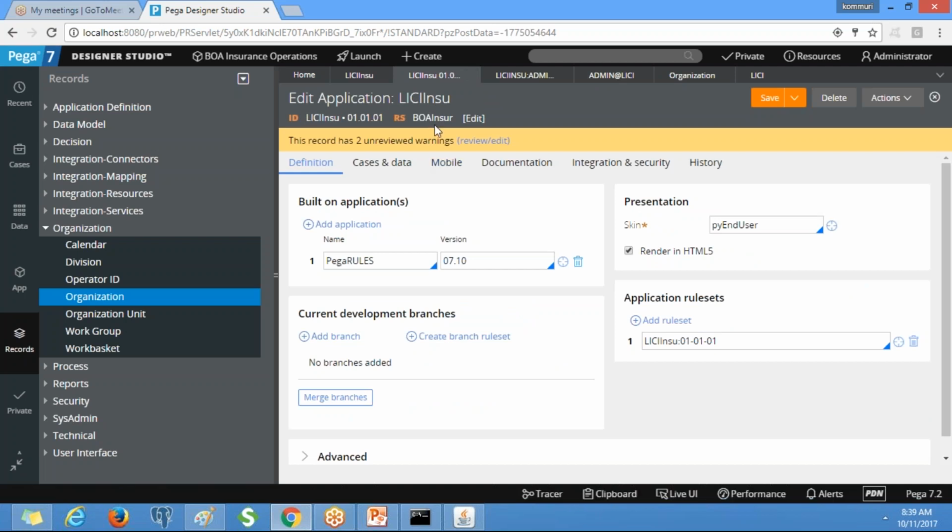Now go to the application, you change the rule set to LIC insurance. So these are the rules related to our application, right? All the rules will be stored in rule set. That's it. So we are giving our rule set name.